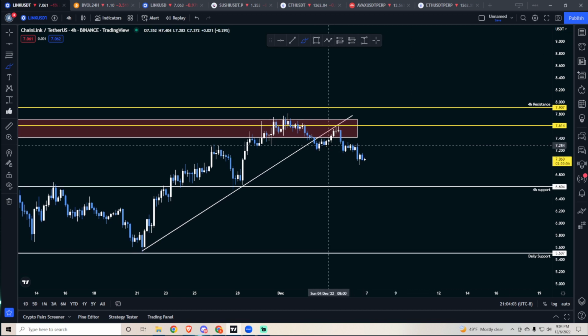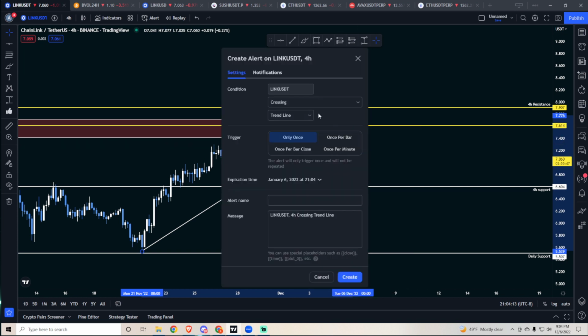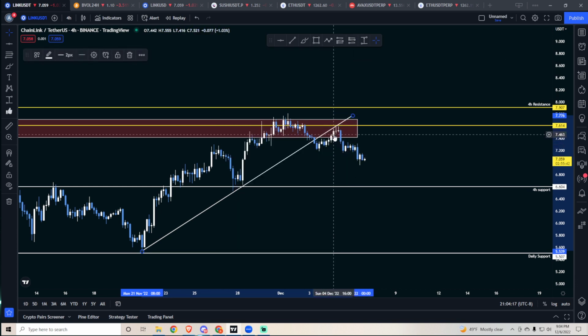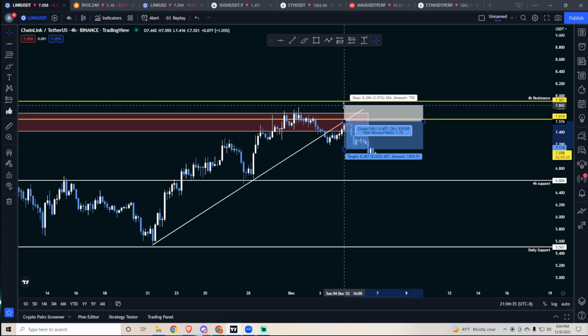So what happens is you're going to set alerts. Okay, you'll set alerts, for example, there, right? Set alerts on the trend line. Once price reaches it or gets close to it, then you can pull out your phone or go on the computer and look for the setup. For that to happen, you're looking for rejection off the trend line, close below it. There's your trigger, right? Your stop loss would be above the wick, and then you're going to be targeting a